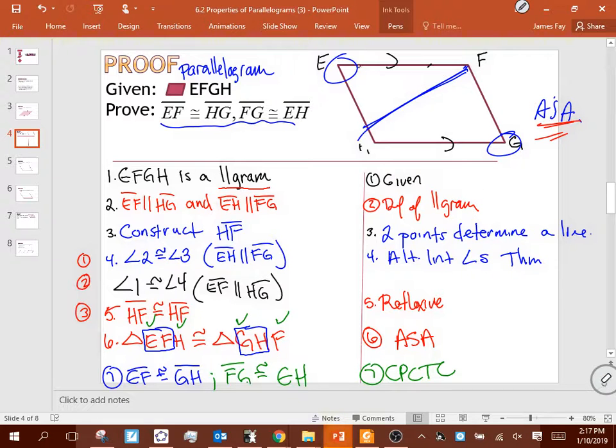In order to get the other set of opposite angles to be congruent, I would need to do the whole proof again using that diagonal. I'd go through and use essentially these 6 steps again with that diagonal, and then I could use CP-CTC to say that those two angles are congruent. Does that make sense? A lot of times in a proof like that, you do 6 steps, make a conclusion, and then go back through essentially the same exact 6 steps. Obviously, you'll have different angles to talk about, but you can write that I'm going to go through the same 6 steps, but with this diagonal,